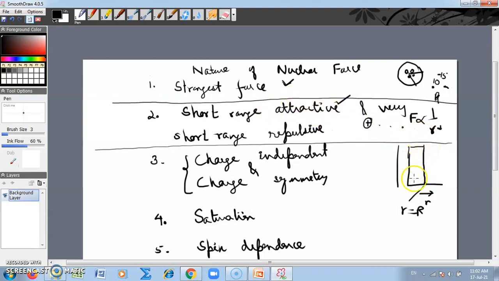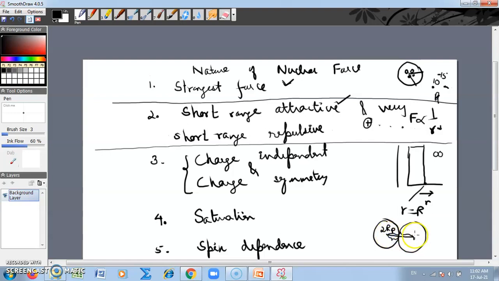Now look at this second point, short range repulsive. Short range repulsive means, suppose I proceed to bring two protons together, or one proton and a neutron, or both neutrons. Let me draw it slightly big like this. This is a proton and this is another proton. So the distance between them is definitely equal to twice r. Let me call this rp if they are protons. Rp is